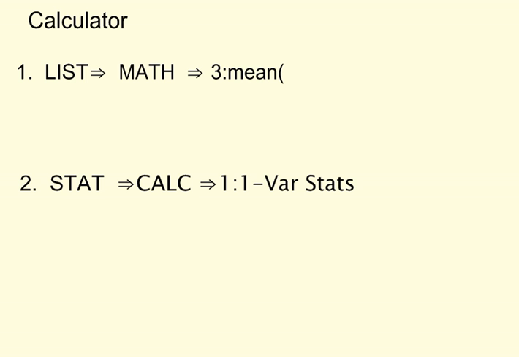On our calculator, there are 2 places to find the mean, and this is helpful if you have a large data set and you need to enter the data into a list on your calculator. After you've done that, you can go into the list menu, tab over to math, and take number 3, the mean, and then you need to say the list that you want to work with. So it could be the mean of list 1, or if you had already saved the list under some name, let's say test,